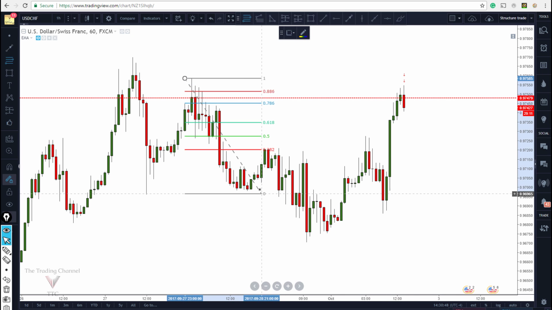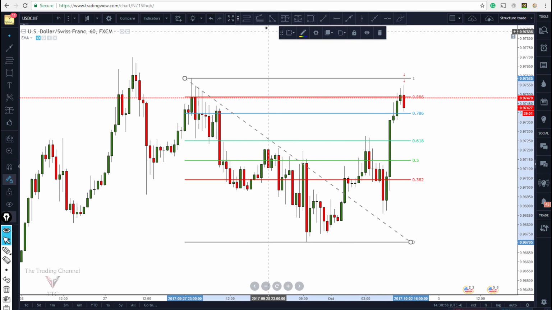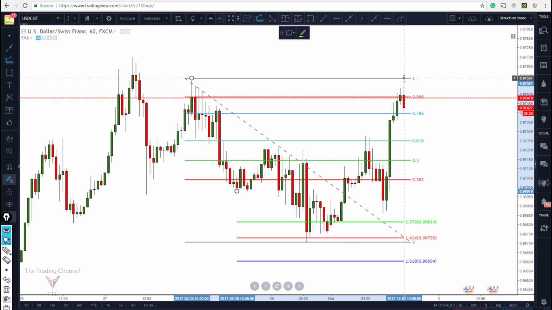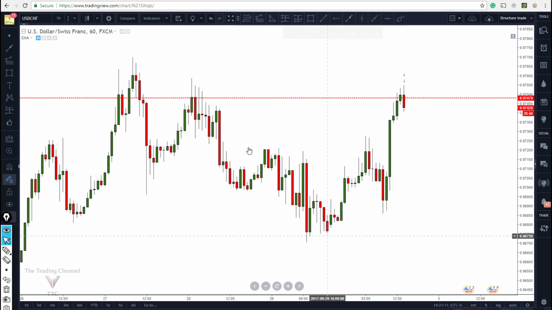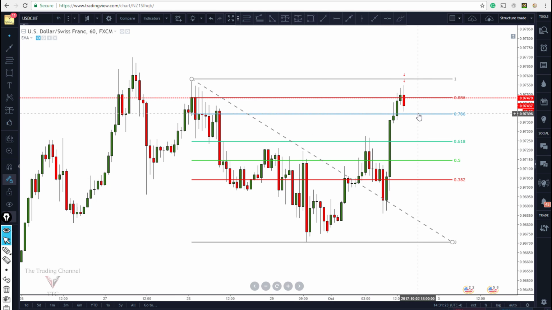We have an advanced cipher pattern coming up to that 382 retracement right here. Pull that the rest of the way down. Now let's look for that 127 extension from X down to A. Back up, we have that 127 extension. That's the second rule met. And the entry for this pattern is around the 786 retracement from X all the way down to C. So as you can see, the market is hovering above that cipher pattern entry at the moment,